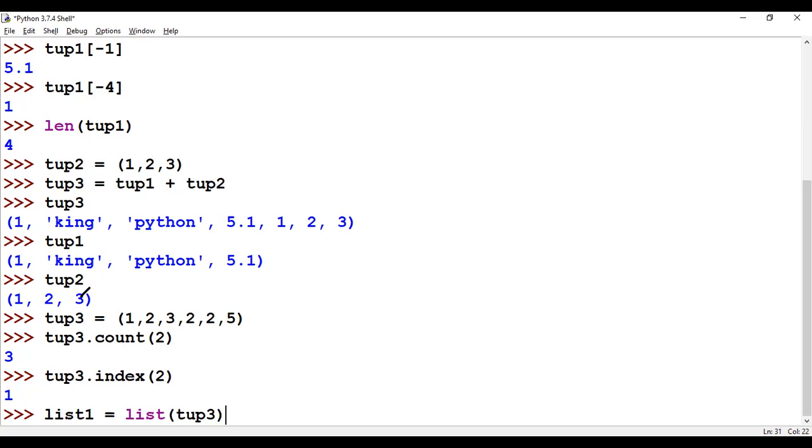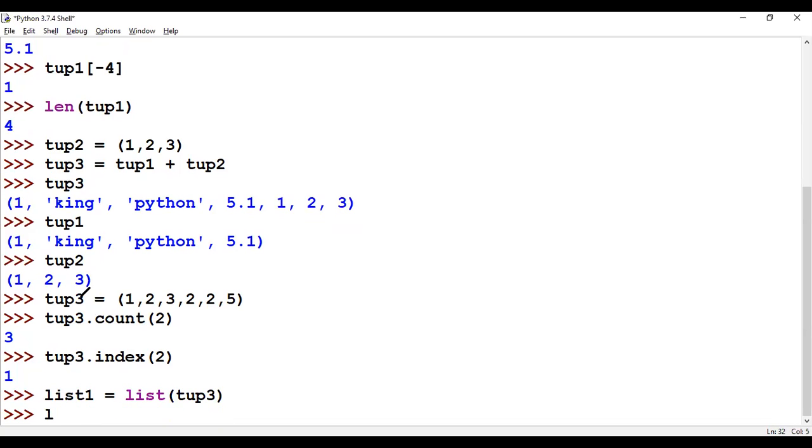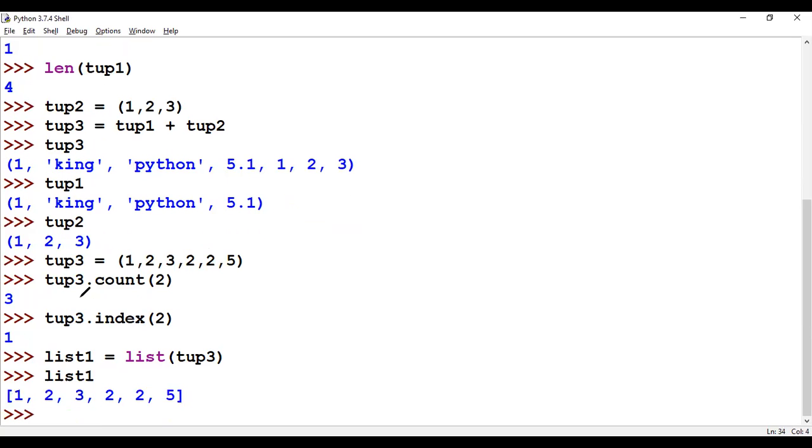My tuple 3 is passed to the function list. Now list 1 will get created with the elements of tuple 3, and I got a list 1, 2, 3, 2, 2, 5. So I have converted my tuple into a list.